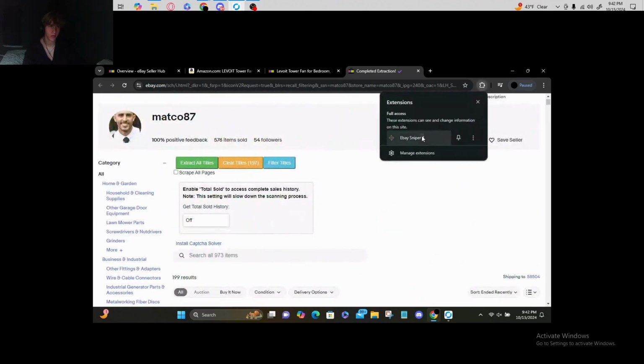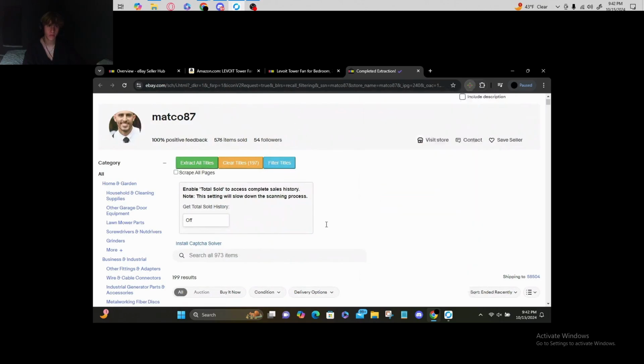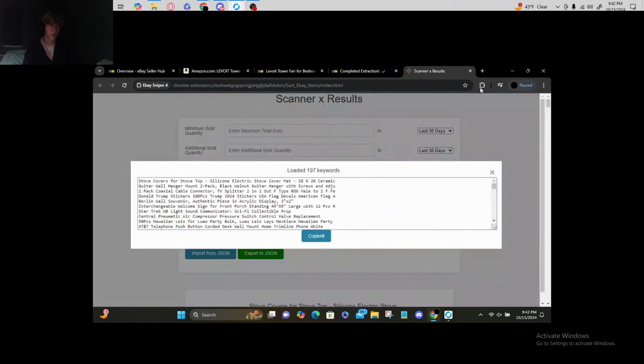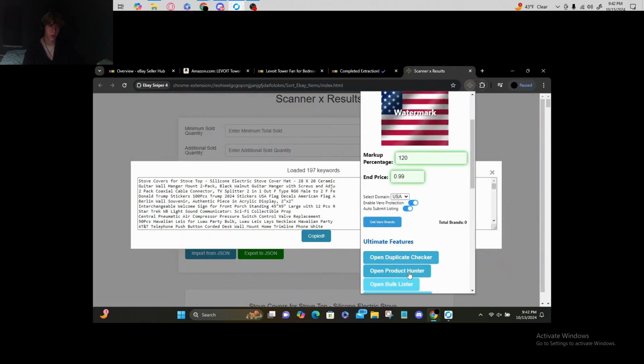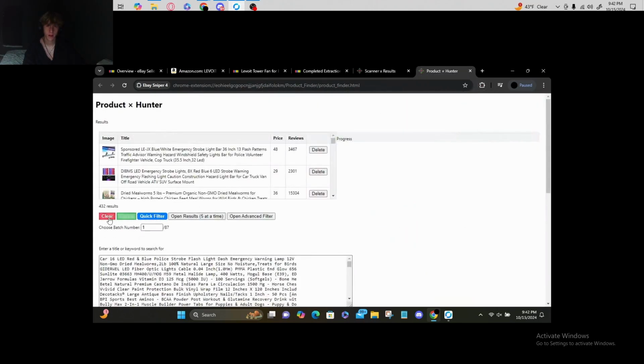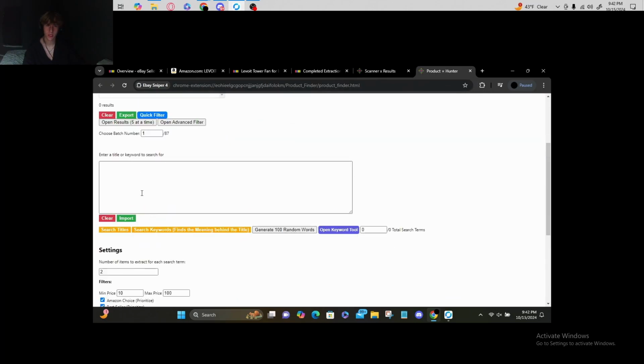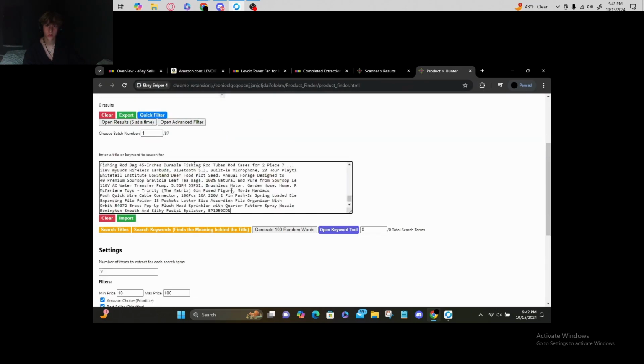So you're gonna open up the software. Actually, first you wanna view all the titles and then copy it to your clipboard. And then within the software, there's going to be a part that says Product Hunter. You're going to open that. What you're going to do here is literally just clear both of these, and you are going to paste all the titles. You're going to click Search Titles, and what that's going to go ahead and do is scan through